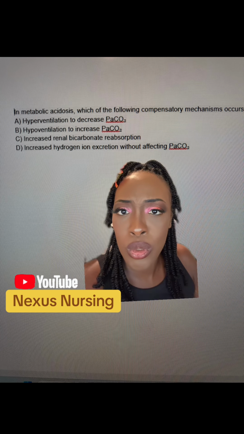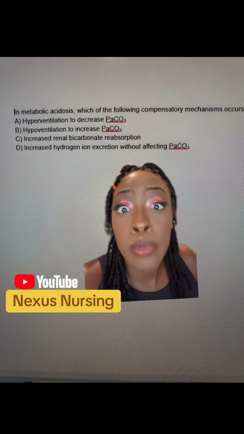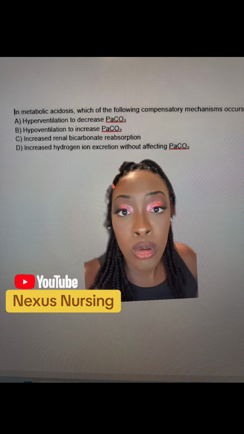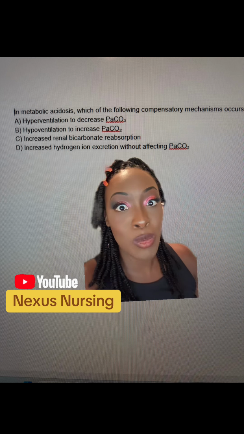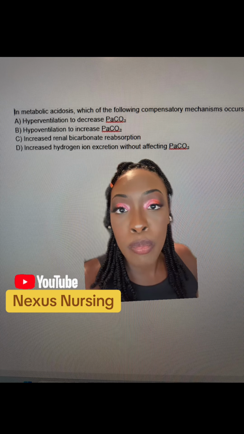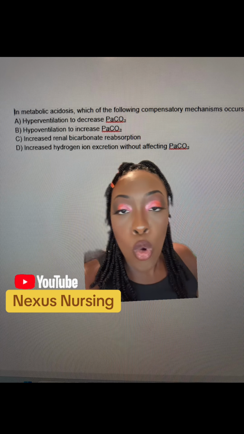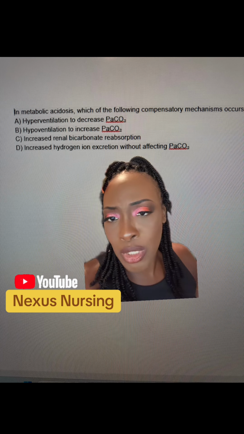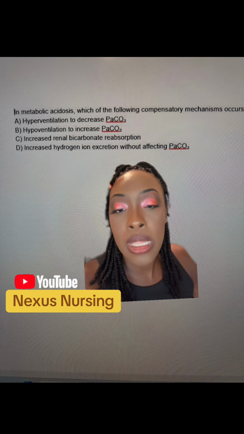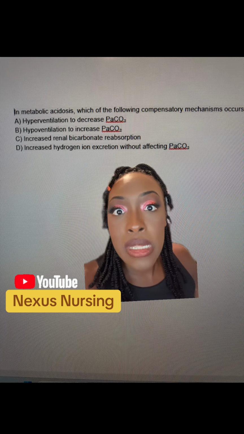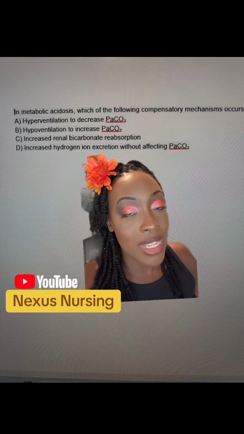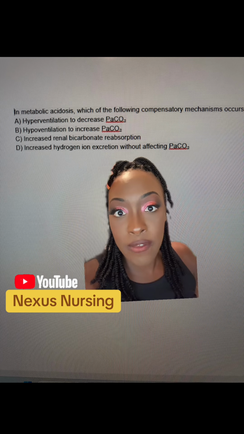If the patient's in metabolic acidosis, the kidneys are in trouble, the patient's got way too much acid, what do you think the lungs are going to do? The lungs are going to increase respirations. Why? You've got way too much acid. Your body needs to get rid of that acid. So your lungs are going to increase respiration so you can blow off all of that CO2 to bring you back into balance, right? So with that being said, now we can look at our options, and we know the correct answer is going to be A, hyperventilation to decrease PaCO2. Why? CO2 is acidic. If that patient's in metabolic acidosis, they already have too much acid.